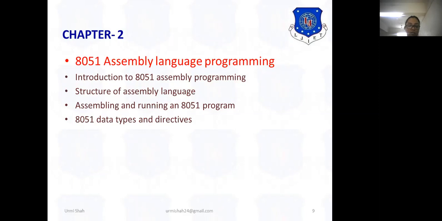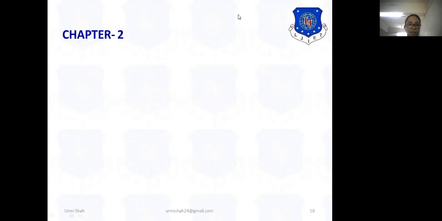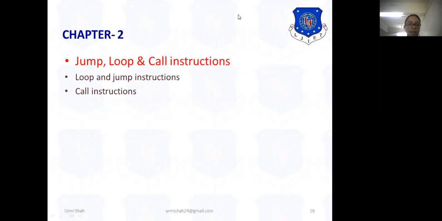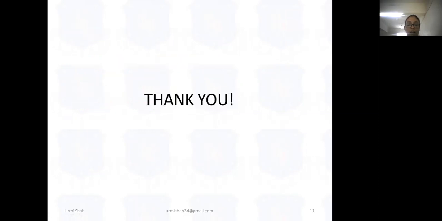So up till now it was the introduction to 8051. Now we are going to focus on assembly language programming, and in this we are going to do programming based on the instructions which we will learn in the next session.